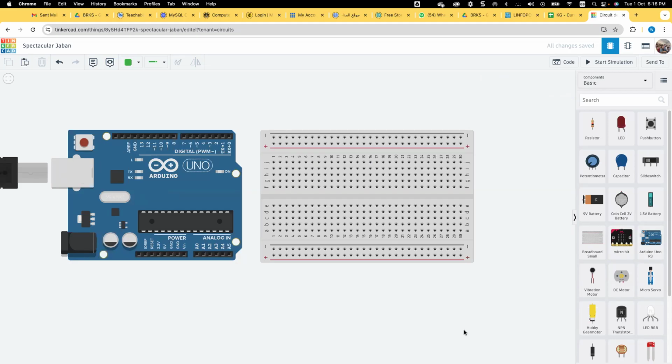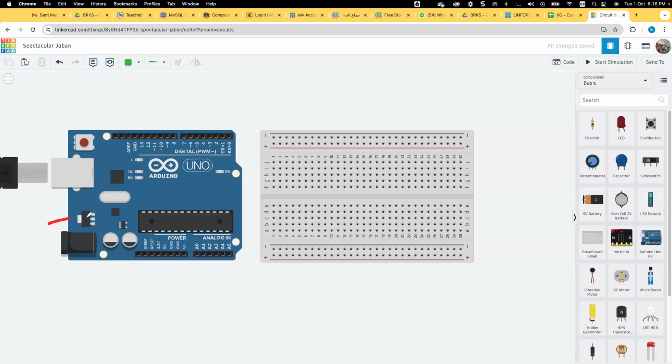Once I take my Arduino board, I can see that I have a connector for a 9-volt battery, in case I want to connect my Arduino board to a power source to make the project function away from my computer.